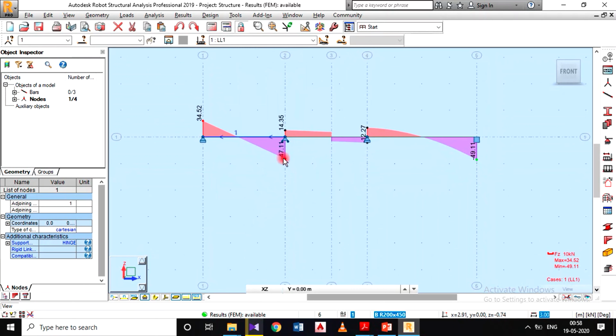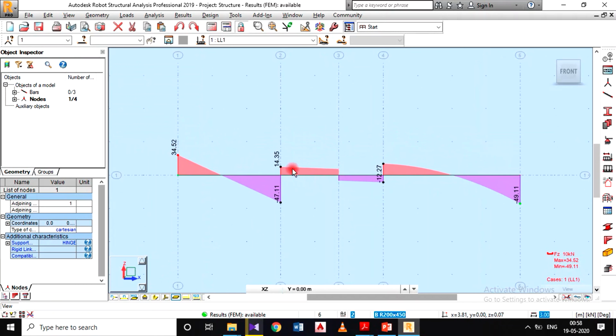So we got the values here. Okay, this one is minus 47.11, this one is 14.35, 34.52. These are the shear force values, the shear force diagram I got. If you don't want the supports, just hide these things by clicking here. So it is hidden. Now I got the shear force diagram.